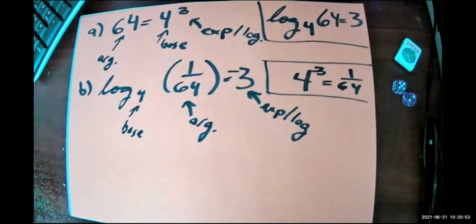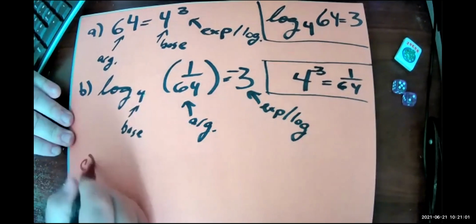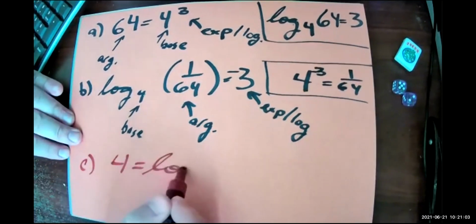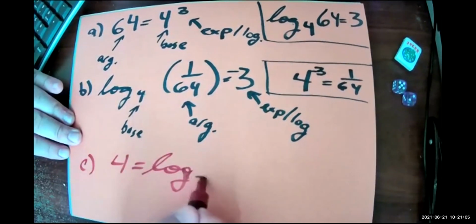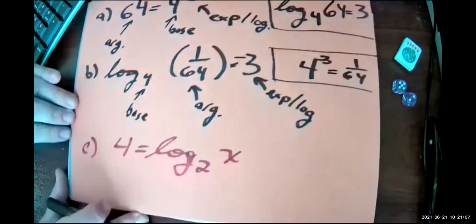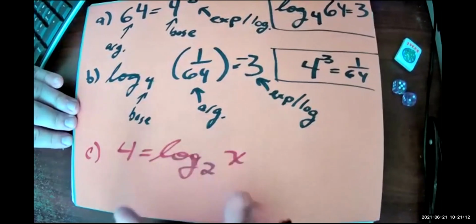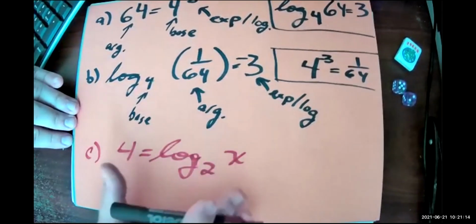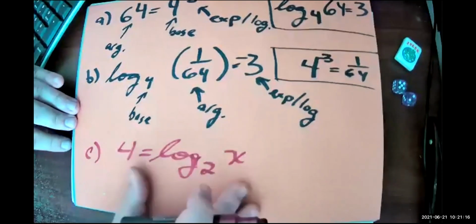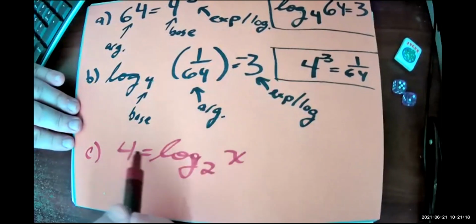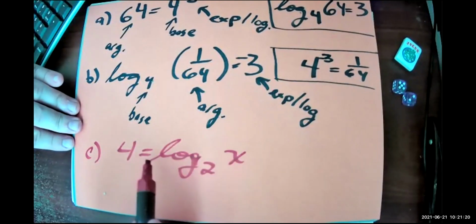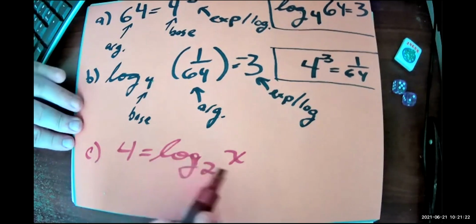In the next example, they're asking you to find x for a very particular equation using a log. 4 equals the log base 2 of x. Okay, so looking at this question, you say, how do I find x? Well, there's a couple of ways you could do it, but the easiest way to do something like this, since we're trying to just get your feet wet with logs, is to take this equation, which is in logarithmic form, and rewrite it in exponential form